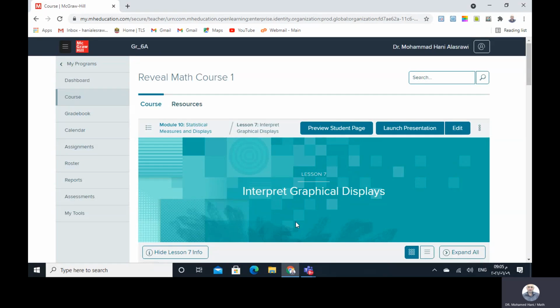Math grade 6. We are in module 10, the last module in this year in grade 6, statistical measures and displays. Today we have the last lesson in this module, lesson 7, interpret graphical displays. In this lesson,